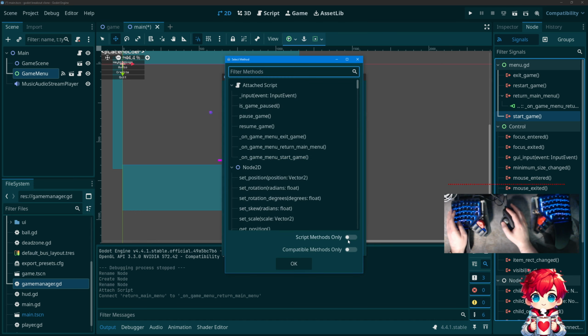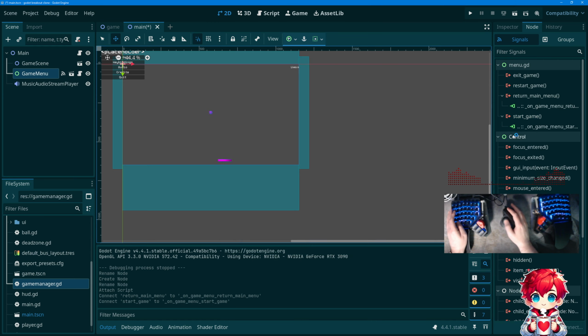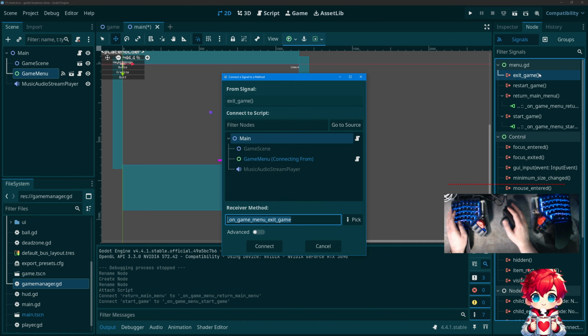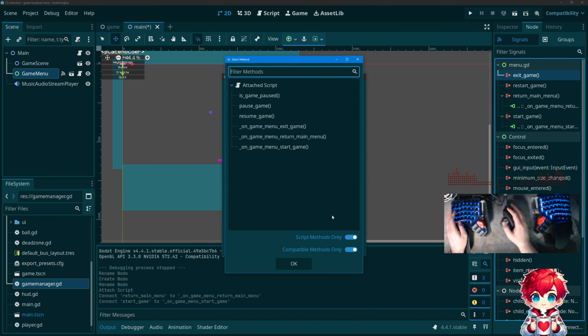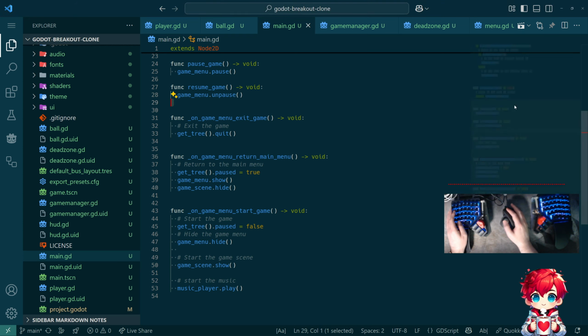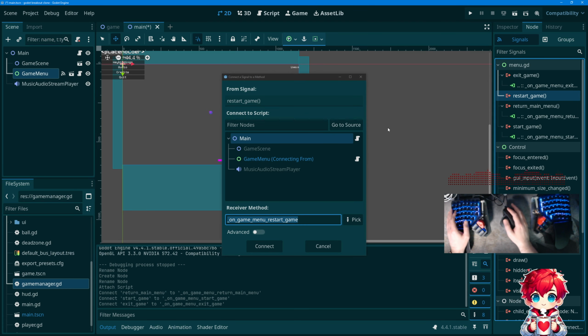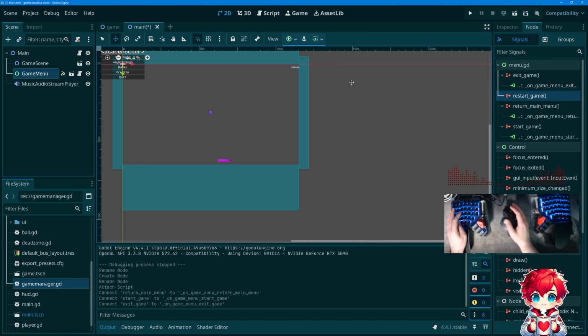And pick. So this is start game, on game menu, start game. Okay. Connect. Exit game. We do actually have a method there. Exit game. Restart game. That's the one that's going to be connected to the game scene, or that's what we did in